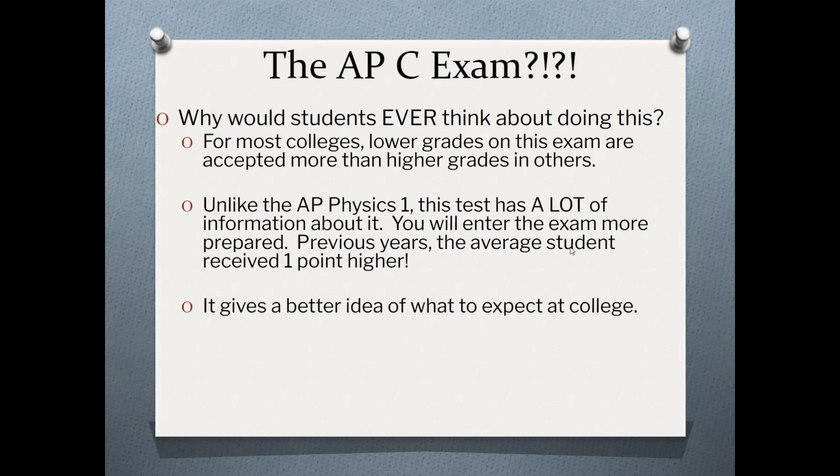I forgot to mention this before, but some colleges also will allow you to skip a course if they get a high enough grade on the APC. For example, Stony Brook will usually give credit if a person gets above a 3 on the AP1. They just get a generic science credit. But if they get above a 4 on the APC, they're allowed to skip Physics 125, which they consider an equivalent level course. So that's a nice thing to keep in mind.